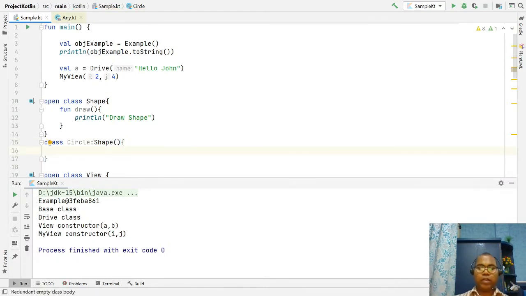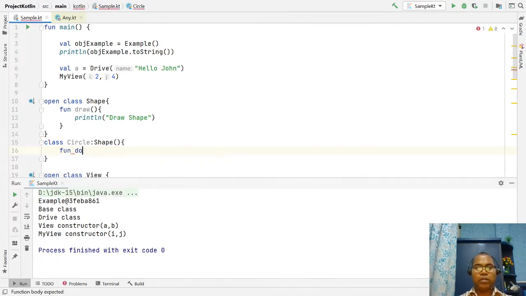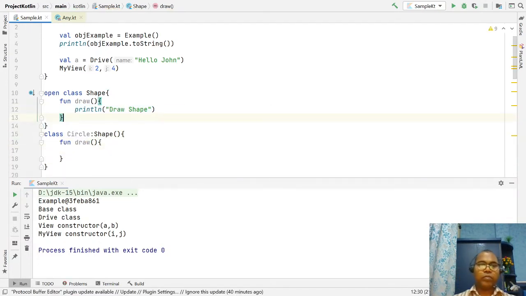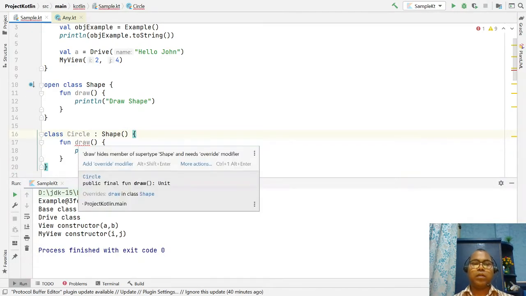Now let's write the same function, fun draw, here, and print draw circle. Now this draw method hides the supertype Shape's method.